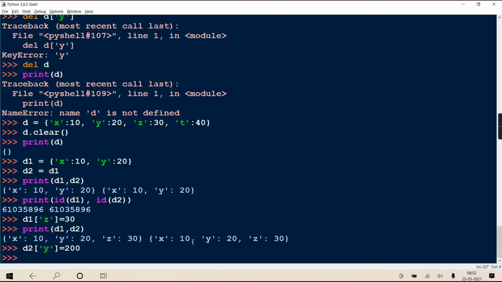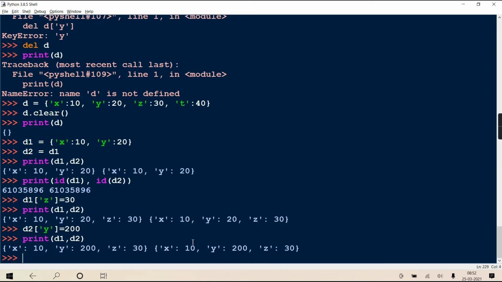Means you can say they are two names given for the same memory object. Object is one and there are two names, and you can access it by either way. So now see, D2 of Y equal to 200 I did, so the change will be seen in D1 also. Why? Because actually they are not different, they are one and the same thing.